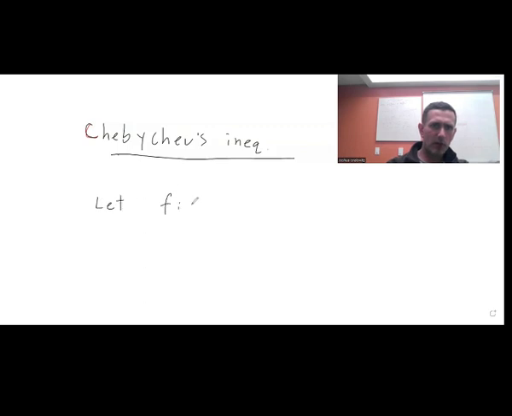Let's say, as always, E is going to be measurable throughout this lecture. So let's say we have a measurable function, non-negative. If lambda is bigger than 0, then the measure of this set here,